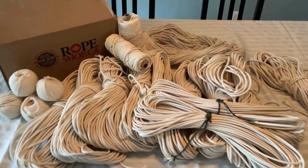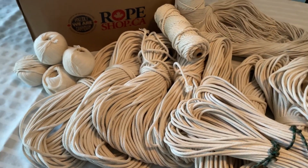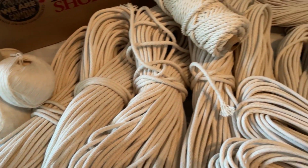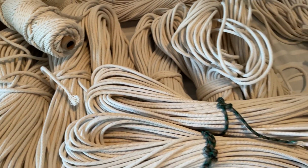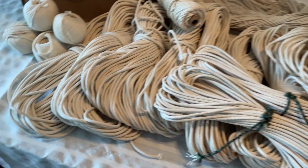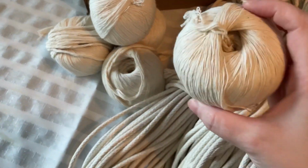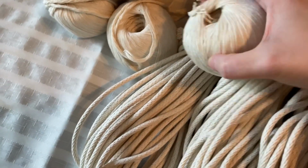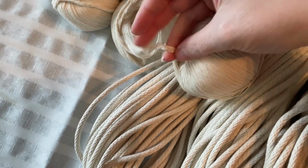So overall, I got a lot of rope in this one little box. I'm surprised it all fit in there, to be honest. It's always a bit of a gamble if you're purchasing any mystery boxes because, first of all, the value is always there, but you don't really know exactly what you're going to use the items for if it's not typically what you normally buy. Like,